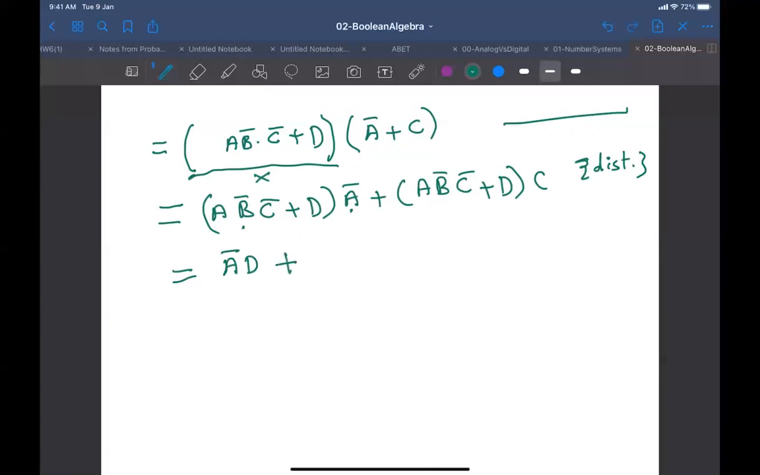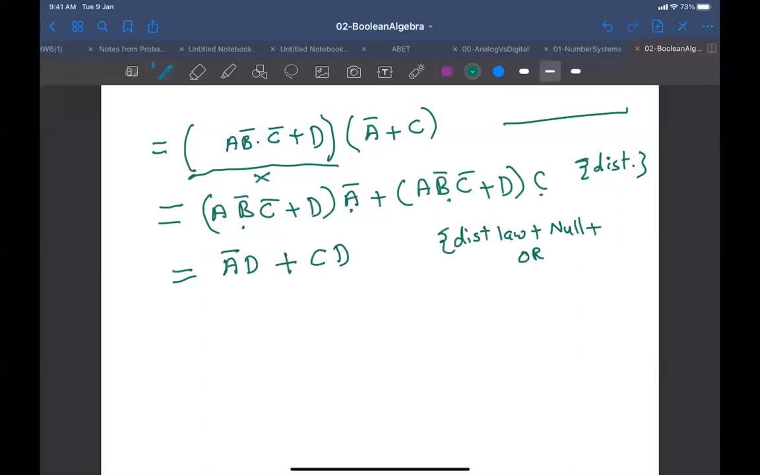Or with what? And again, this times this is going to be 0. So you get C, D. D, right? CD. This is by what? Distributive law. Yeah, several things here. Distributive law plus null identity, plus